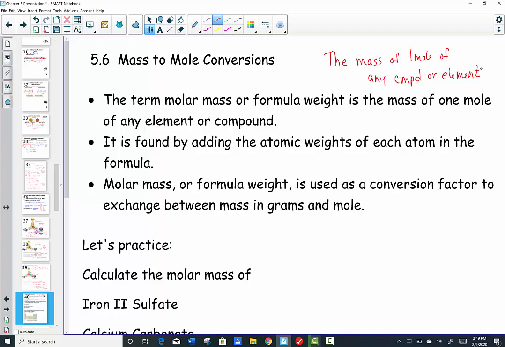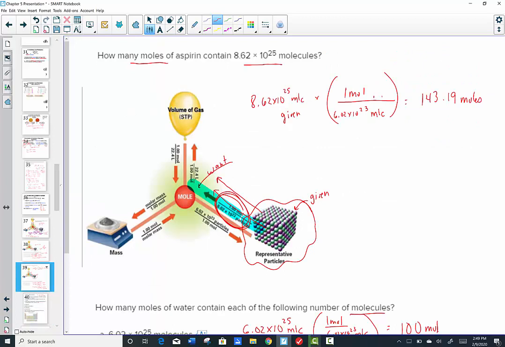The mass of 1 mole of any compound or element is called the molar mass. Sometimes you'll hear people call it the formula weight. It's used as a conversion factor to exchange between mass in grams and the word mole. Let me emphasize by backing up a slide just to show you that when I weigh something out in grams and I'd like to know how many moles it is, you can see that the conversion factor we'll use is